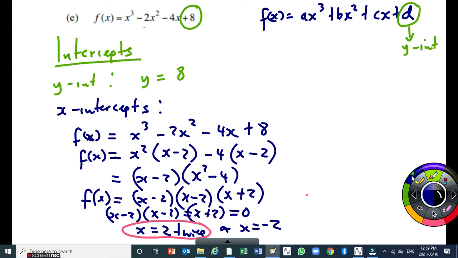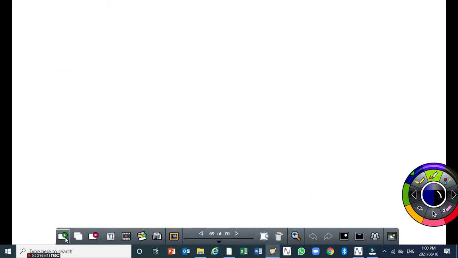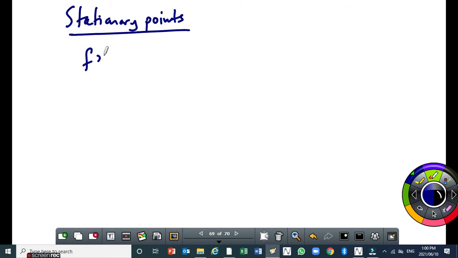Right? Then the next thing, we need to determine the coordinates of the stationary points. The coordinates of the stationary points. So I'll move on to the next page. Okay, stationary points are also called turning points. Right? So our function is f of x equal to x cubed